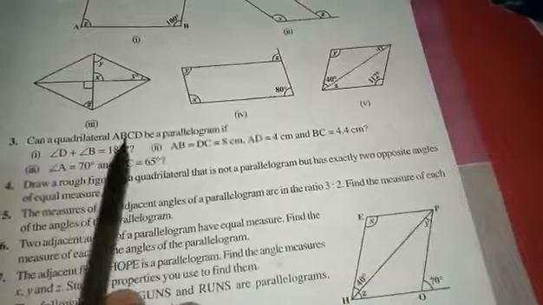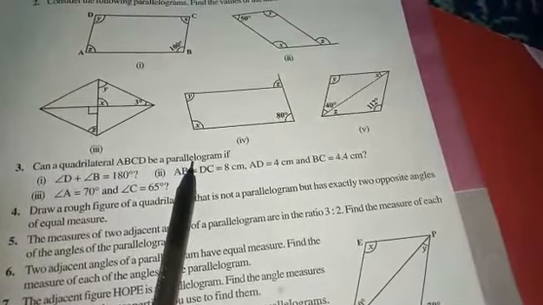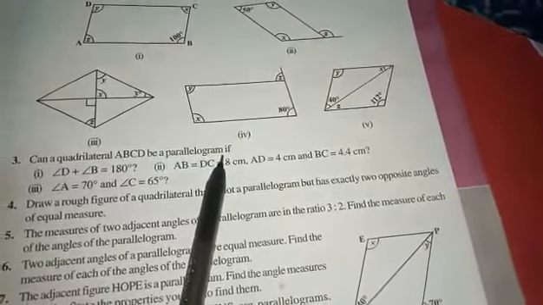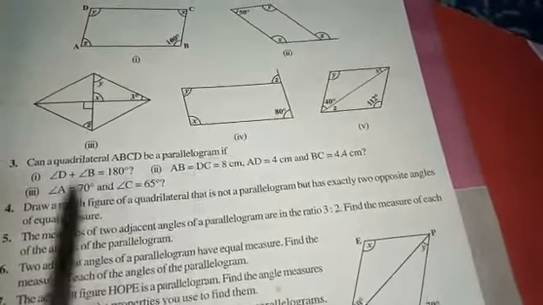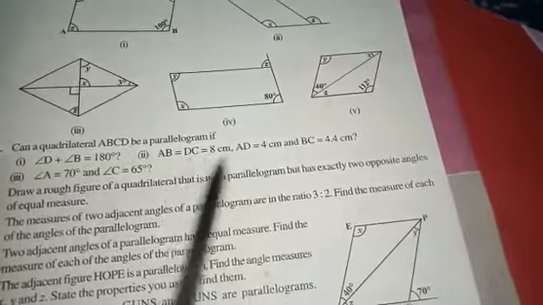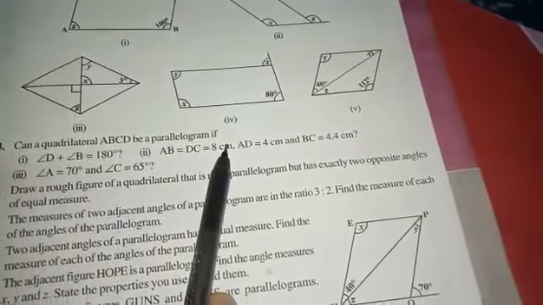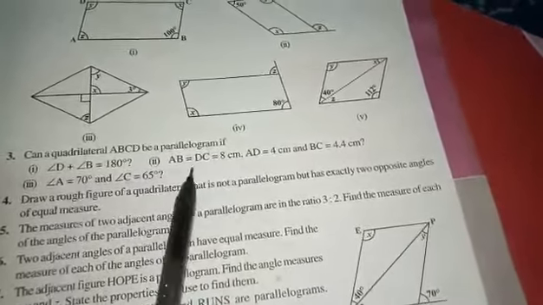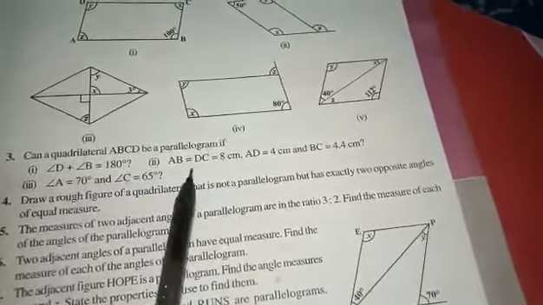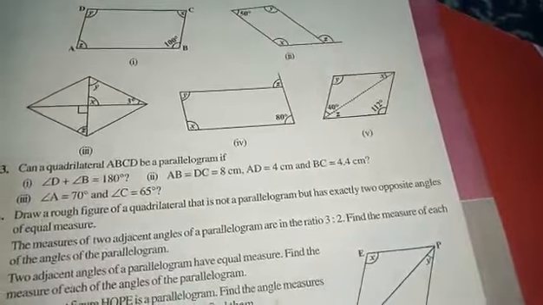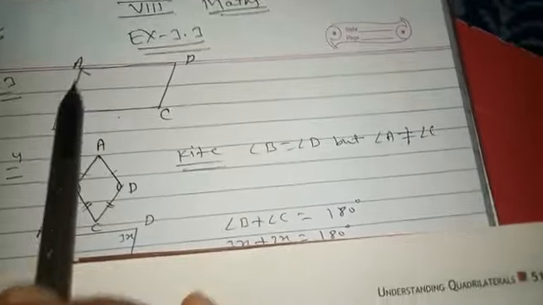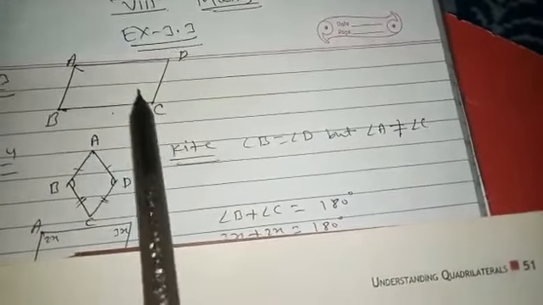Can a quadrilateral ABCD be a parallelogram if first condition, second condition and third condition? Which condition will follow for parallelogram? You know all the conditions of parallelogram. That was clear. So you see, first angle B plus angle D. What will be angle B and D? Suppose ABCD is a parallelogram, then angle B plus angle D,